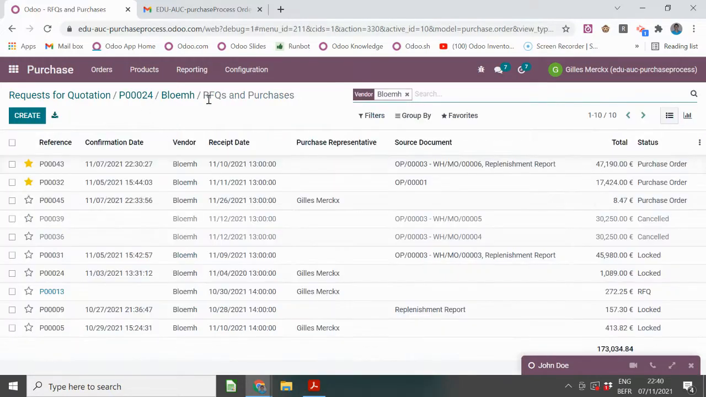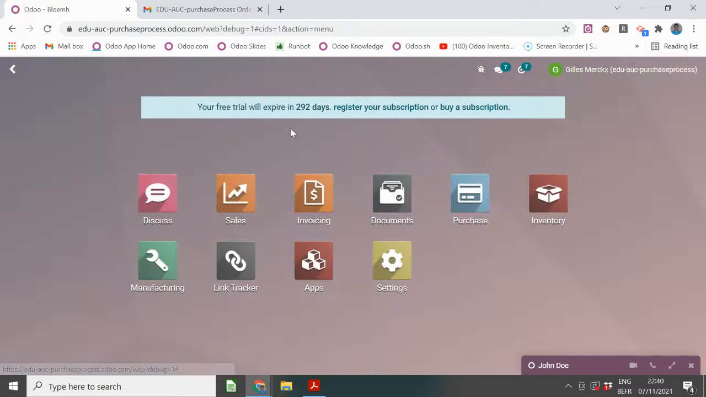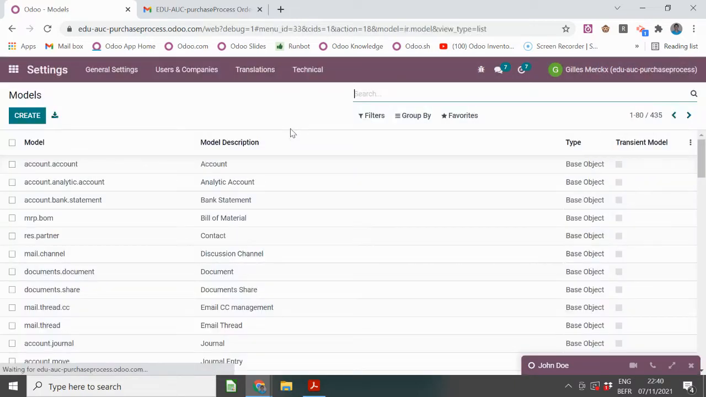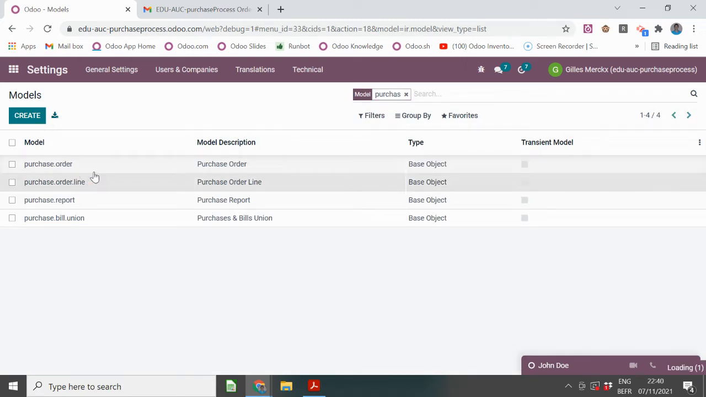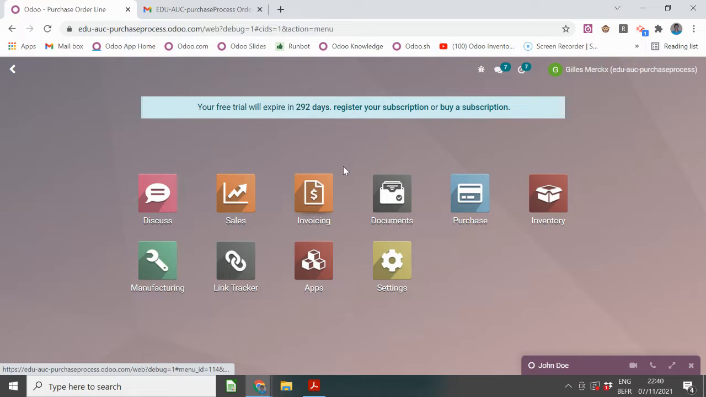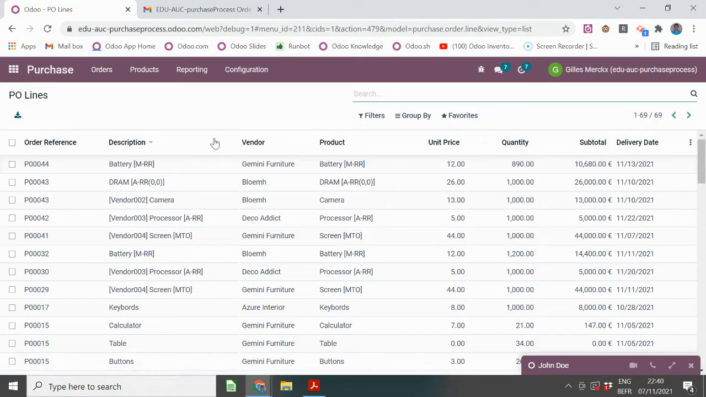And so you have this information, which is of course in addition to the on-time delivery ratio that we already discussed. Also, if you go to the technical menu, if you go to models, and if you type like purchase, you can go to purchase order line. Then you can create a menu. If you do that, then in your purchase application, you can find the menu purchase order line, which can be